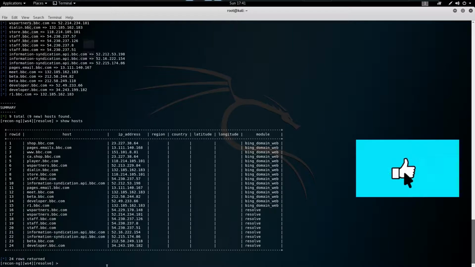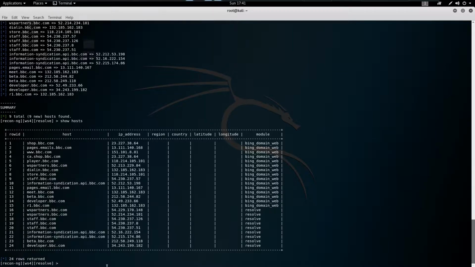You can find hidden files like robots.txt etc. using this ReconNG. To get those, you have to use a module named interesting_files.